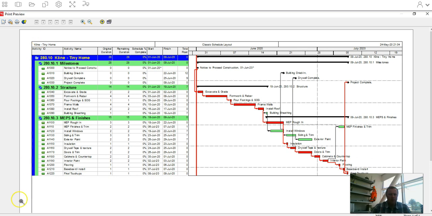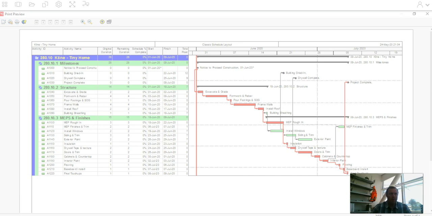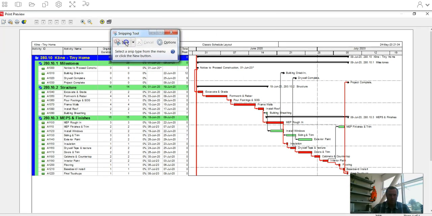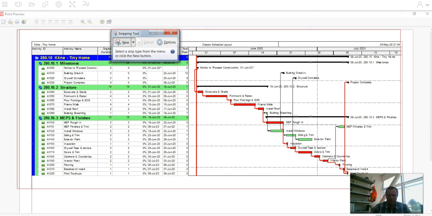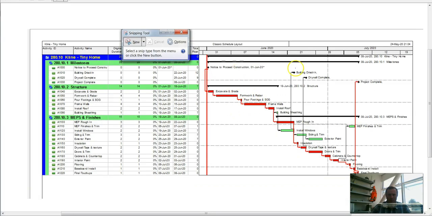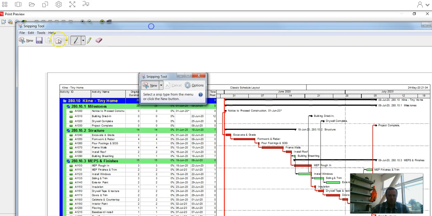If you just go ahead and screenshot this, so I like going to my snip tool, which is built in. If you just type SNIP in your browser, you can do that, but I'm just going to go ahead and do new. This is really just taking a picture of my schedule. And then from here, you can submit this as a JPEG, because right here, oops, you can see file save as a JPEG, or you can paste this in a PDF,